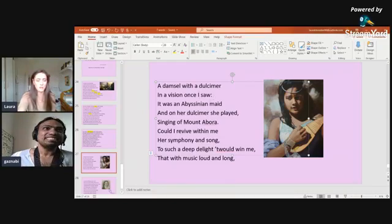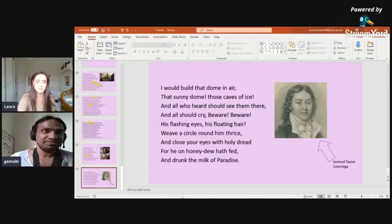singing of Mount Abora. Could I revive within me her symphony and song, to such a deep delight 'twould win me, that with music loud and long,